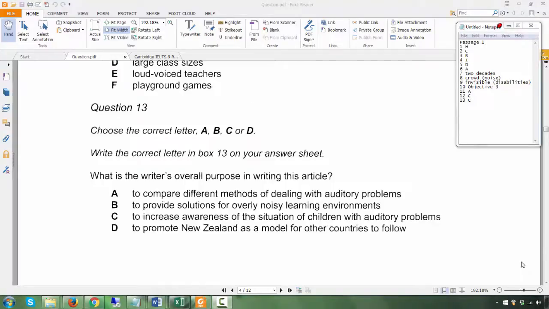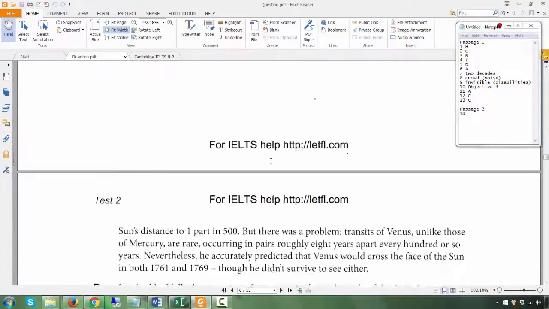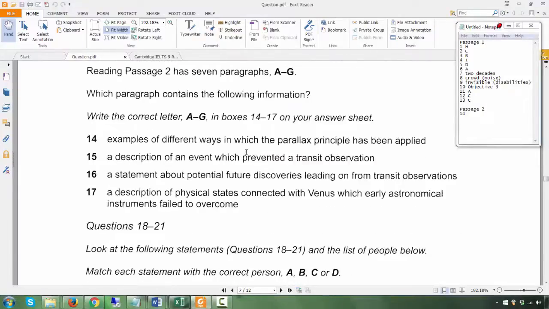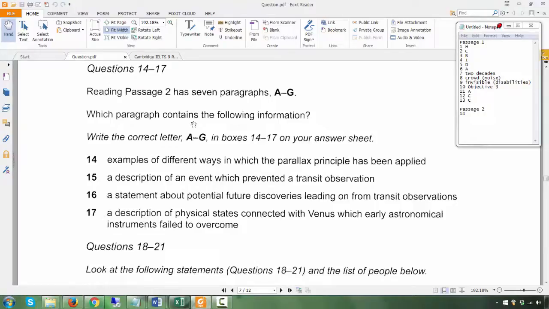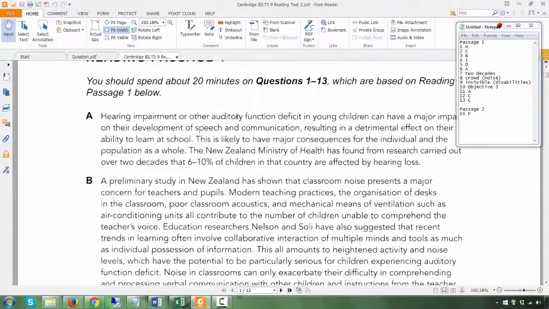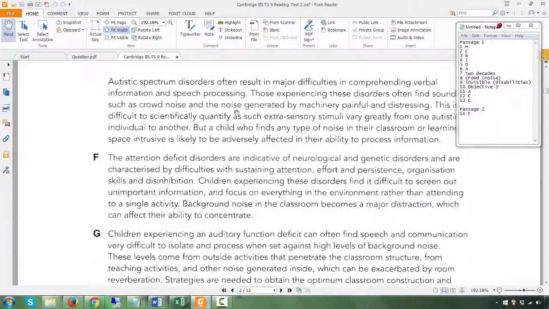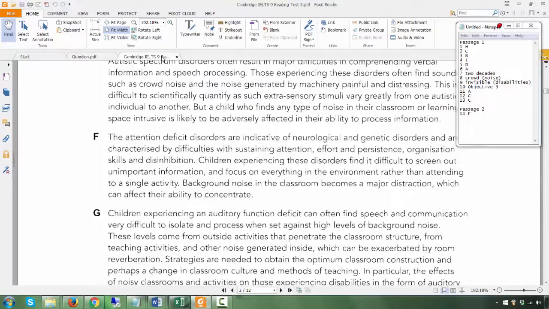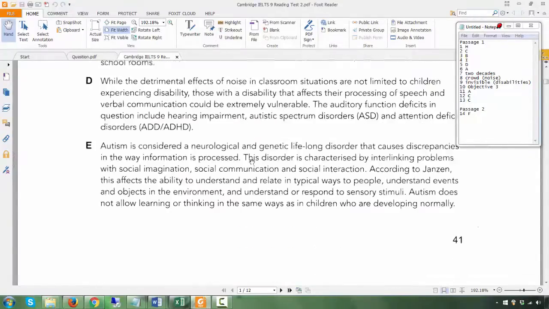let's continue with passage 2. Question 14. So the first type of question is matching information. The paragraph that gives examples of different ways in which the parallax principle has been applied. So this is not going to be in order. The answer would be in F. Examples of different ways. Okay, so